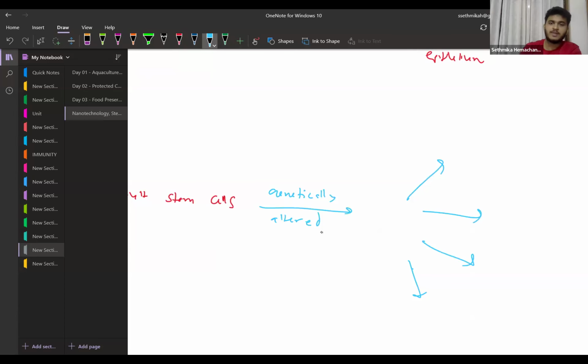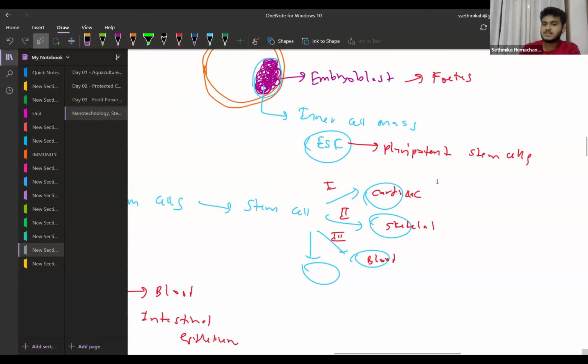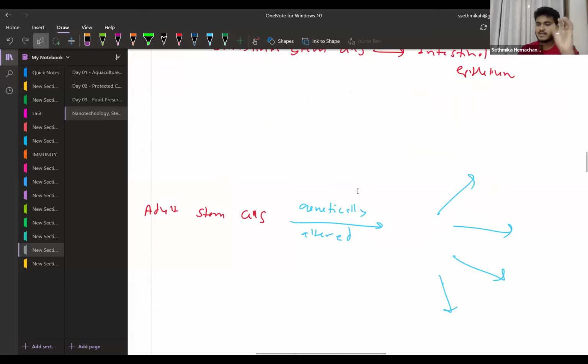This is called pluripotent stem cells, right? Embryonic stem cells are called pluripotent stem cells because they can differentiate into a large variety of cell types. So the adult stem cells were genetically modified and altered to form pluripotent stem cells, right? So we call these